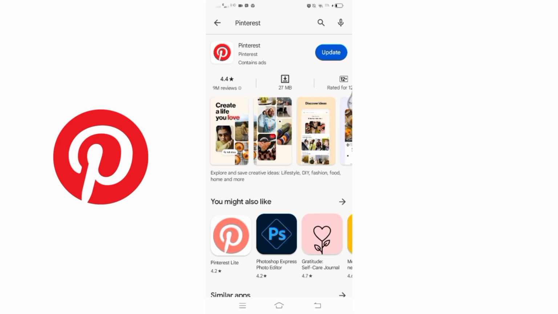If your app needs an update, you will see an update button to the right of the app icon. If the app is already up to date, the update button will not be visible and instead you will see an open button. If your update button is visible like here in this video, then tap on it to start